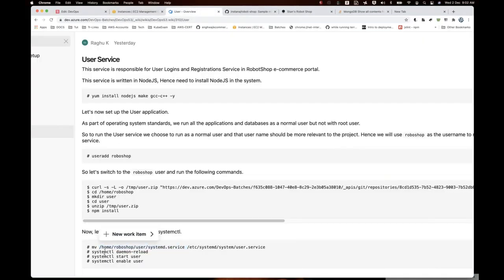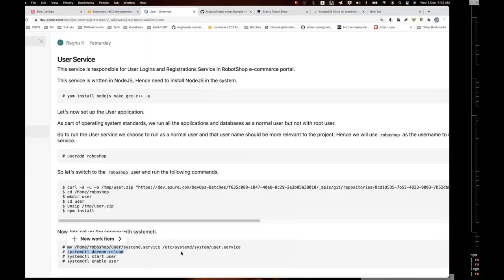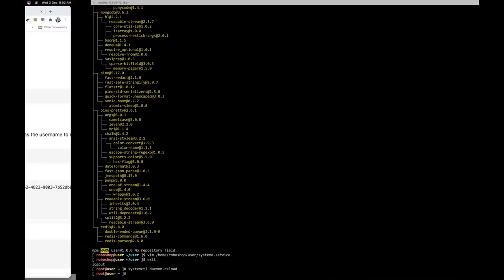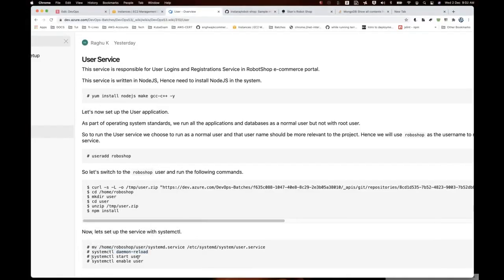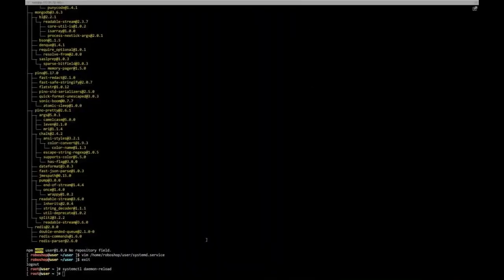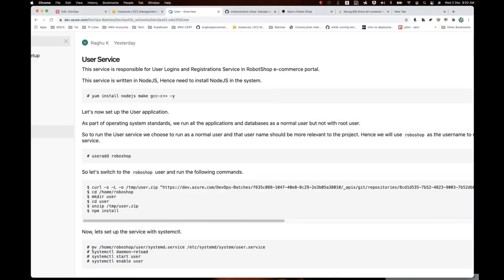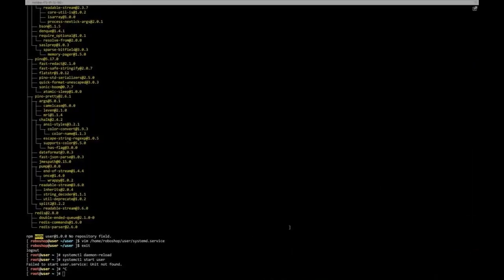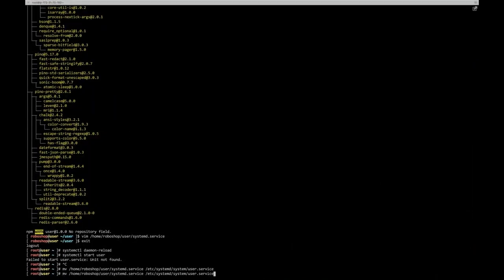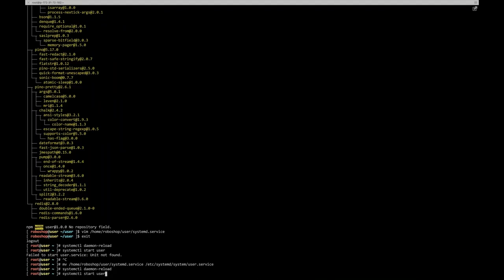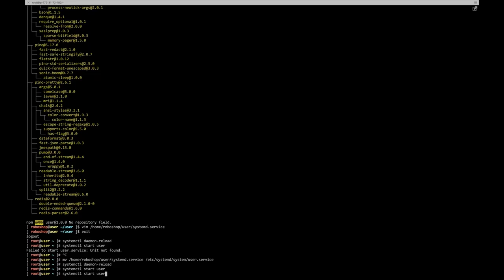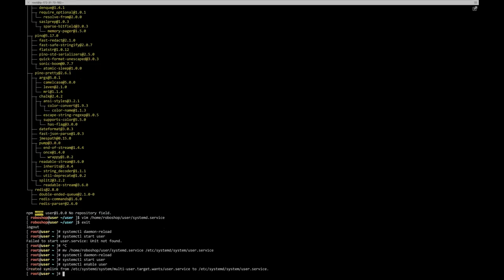So here it is, systemctl daemon reload, systemctl start user. No, we didn't move the first command. Move this command, paste it, do the daemon reload, and start the user and enable user. Okay,